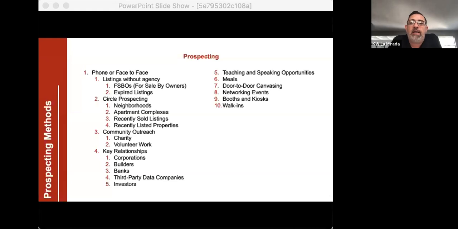Number 4 here is key relationships. So who are you connected to? And I want you all to think about this in your network now. Who do you know in your network that is somebody in a corporate setting, home builders, a loan officer at a bank, or even a teller at a bank, third-party data companies? So this would be like your